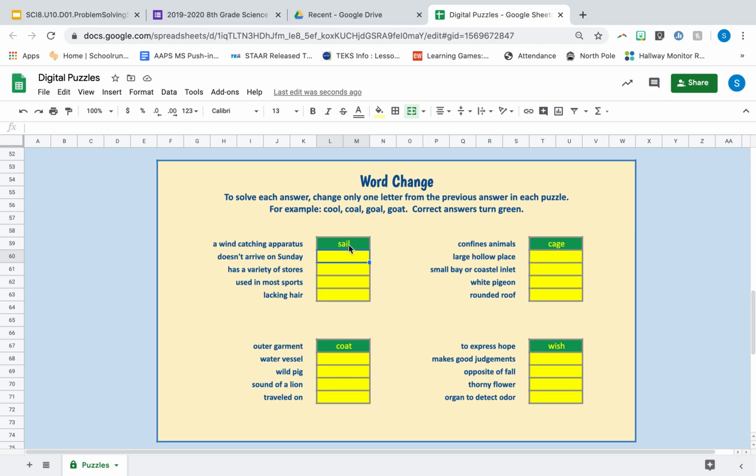Let's see if I use my L. S-A-I. I can't really think of any words that I can change S-A-I into that would match this description. Let's start at the front then. Doesn't arrive on Sunday. Mail. Good. So I changed the S to an M and got the right answer of mail. Now,